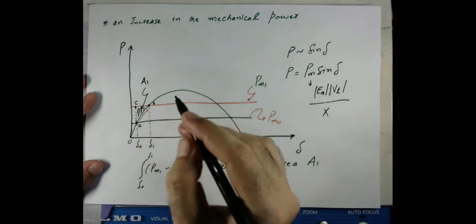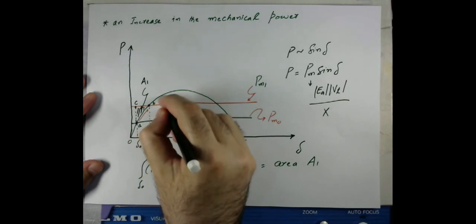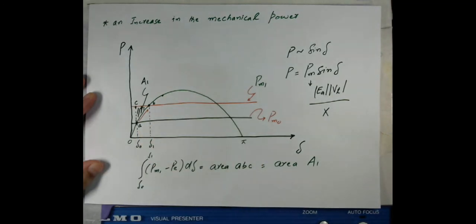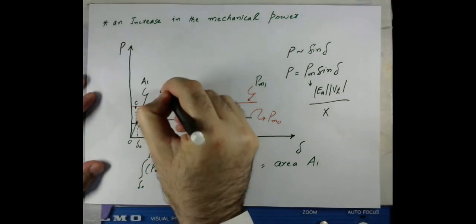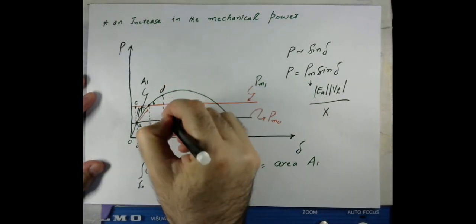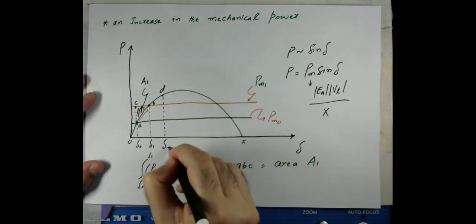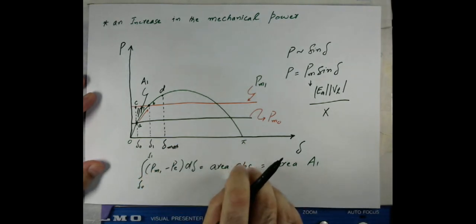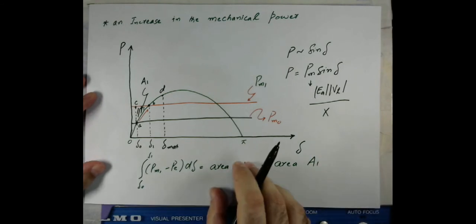to reach, let's say, because of the inertia of the machine the angle still advances, and let's say we reach this point. We call this point D, and let's say that is the angle we call del max. This is the maximum angle. This is another angle; it doesn't matter what notation you use, you can use any notation you like.